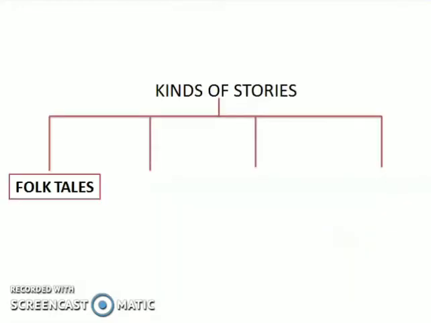Now let's come to the first page. This will be page number 1. After writing your cover page, you will give the heading kinds of stories. Then you have to draw this table. For this table, you can take the help of your book, from the chapter The Blossom Tree, where we have already done how many kinds of stories there are.